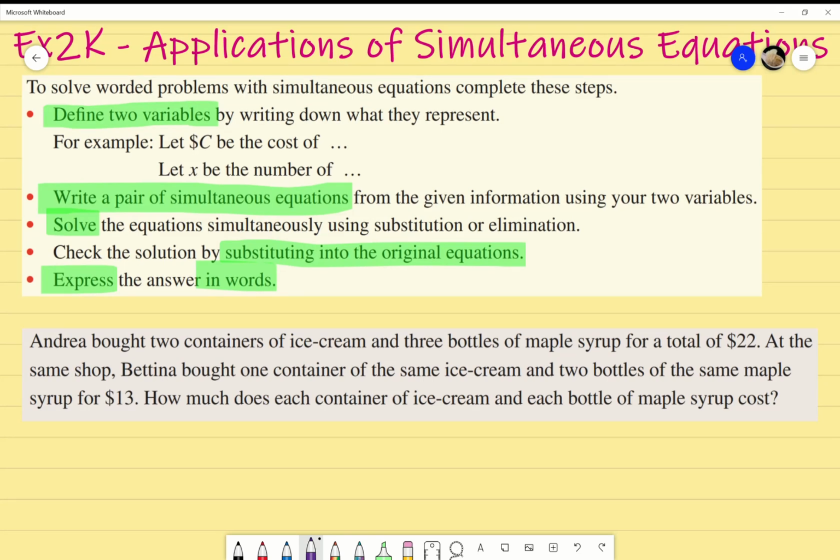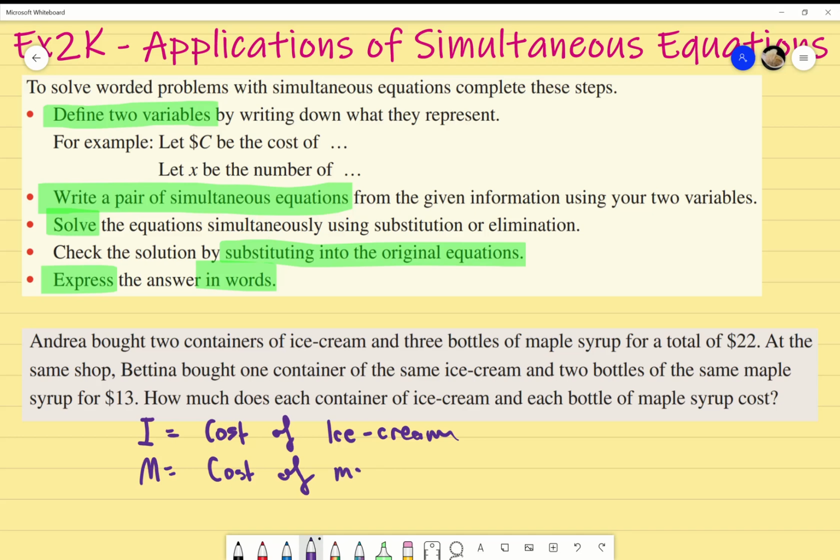I'm going to first define my 2 variables. Let's say I equals cost of ice cream. I know it's cost. I'm not looking for the number because it already told me the number, didn't it? And later, if I'm reading ahead, it says how much does it cost. So I'm going to say I is the cost of ice cream. I'm also going to say M equals cost